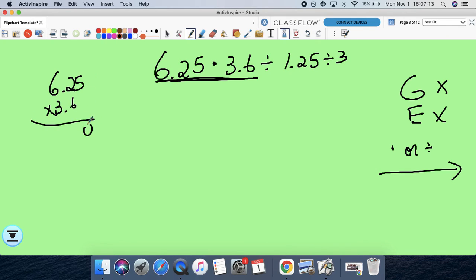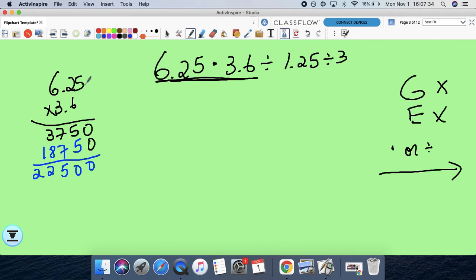6 times 5 is 30, 12, 15, carry 1, 37. We're going to add a 0, right? We put a 0 and then we multiply. 3 times 5 is 15, 3 times 2 is 6, carry 1, 7, 3 times 6 is 18. 0, 10, 15,